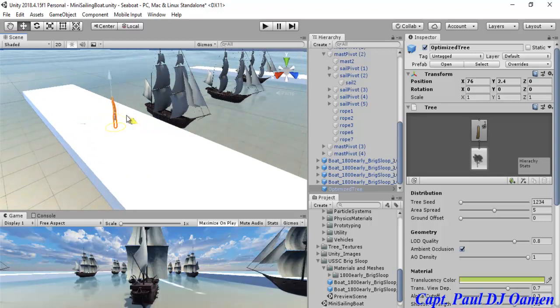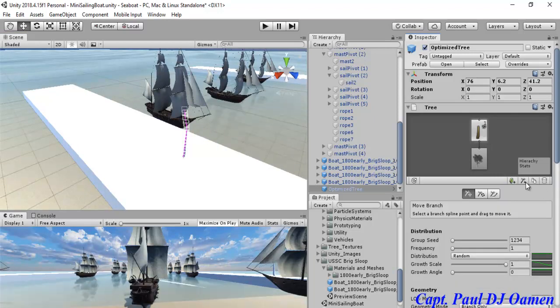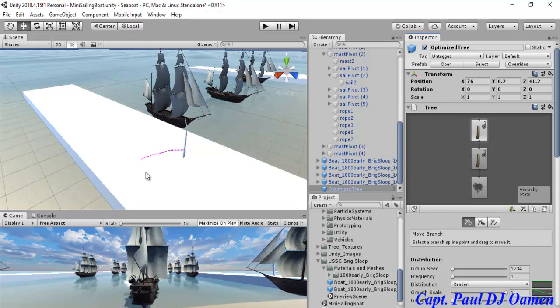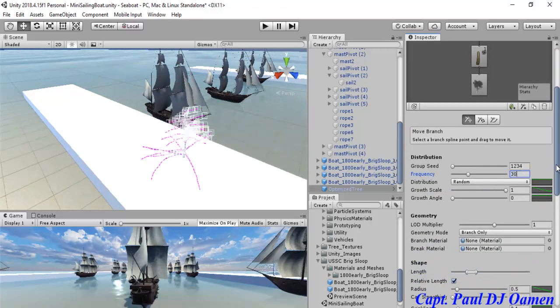Move it up a bit. Okay, let's just do it here so that you guys can see it. Right. Come right here. And I'm not going to bother tampering with any of the settings here. I'm just going to click on this, and what we need to do is to add another branches. That's the other branches that is added, and I will then increase the frequency of that branches. Let's make that about 30. There we go. Scroll right down,